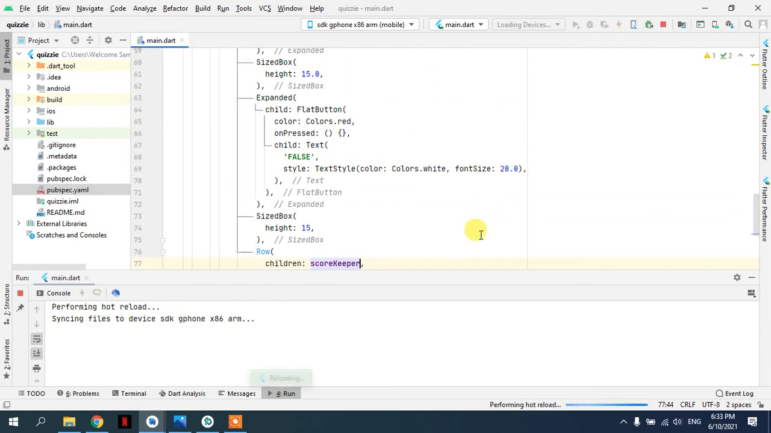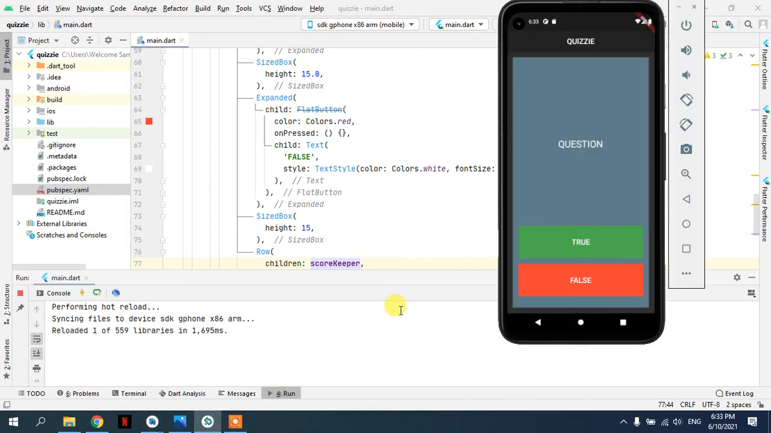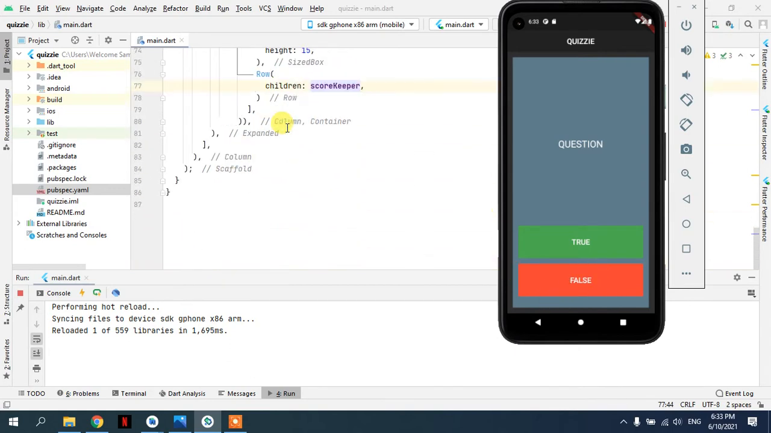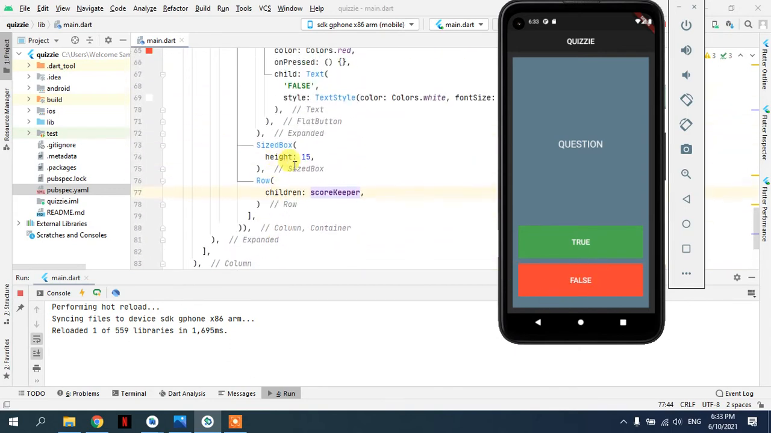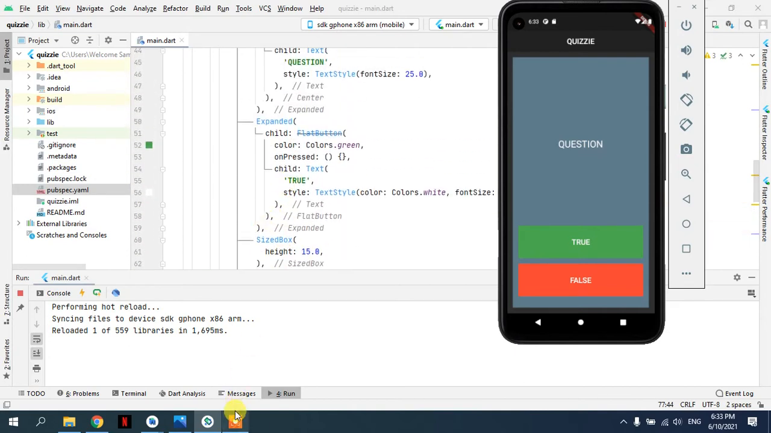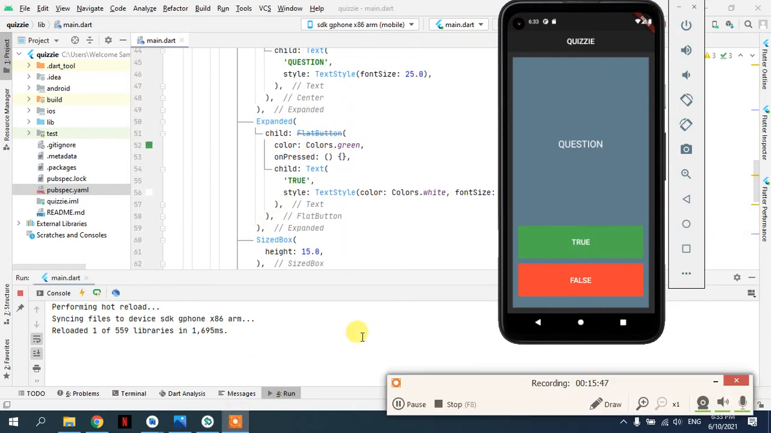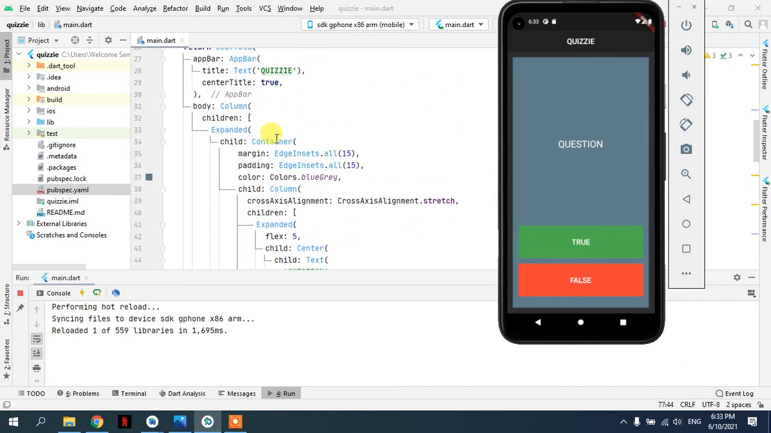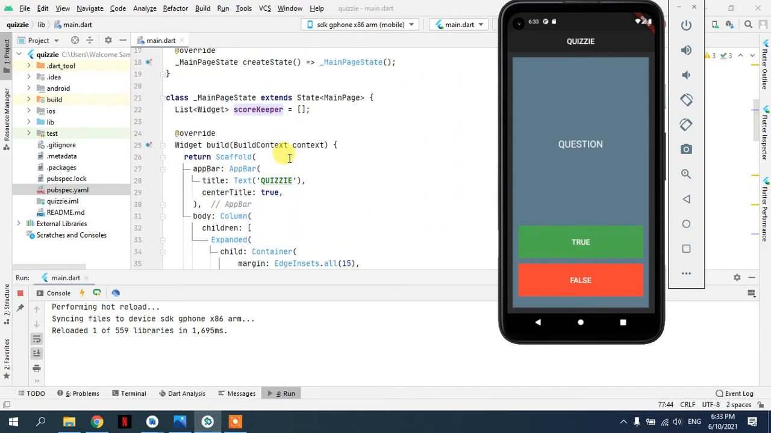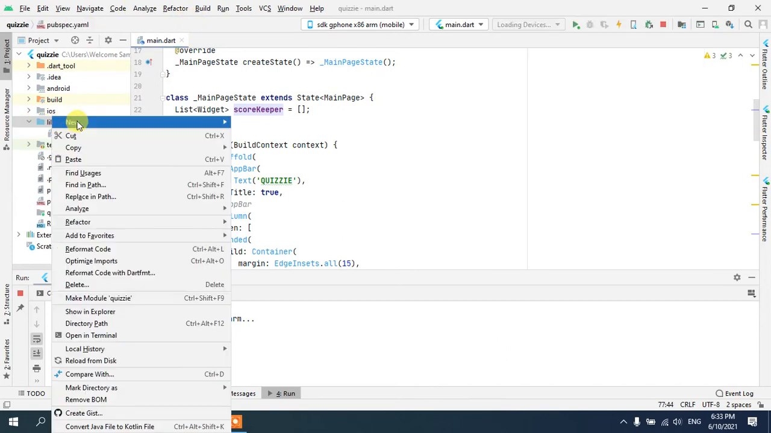Okay, so if I refresh it now, we see that there is a little bit of space for our scoring to be shown here. So this is the layout. Okay, now what have we got? We are successfully able to show this, and now here we can display our question and play around. So we'll just create another